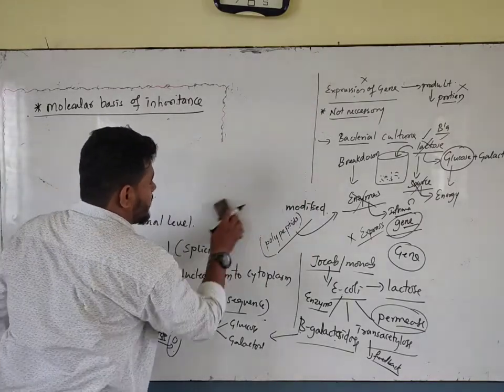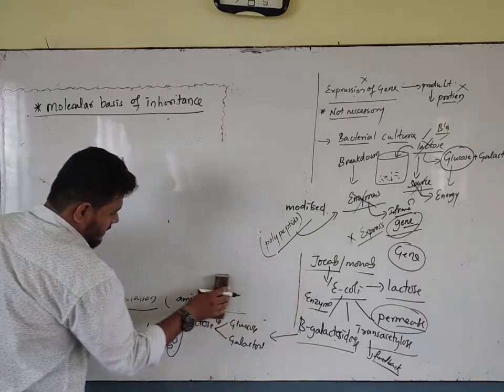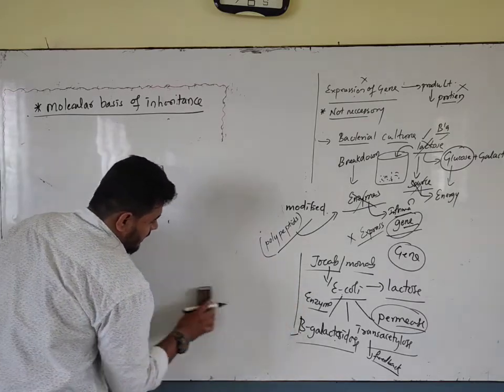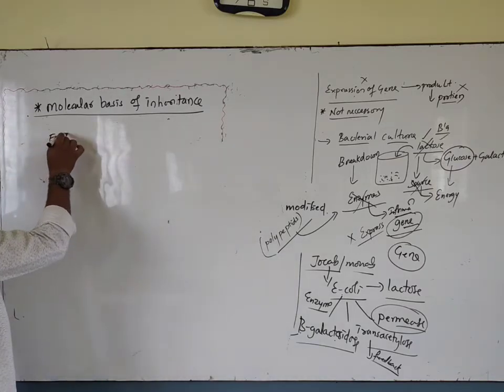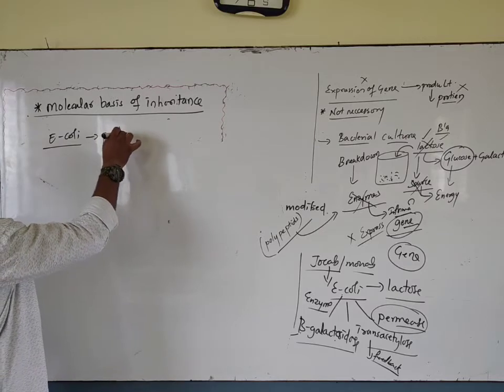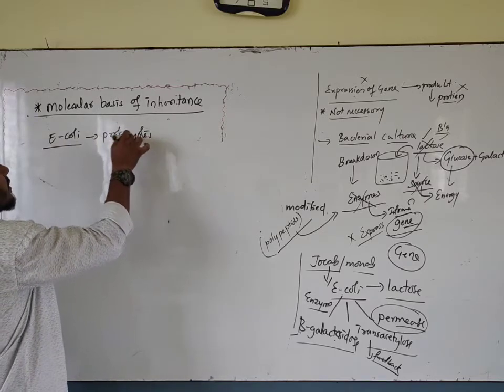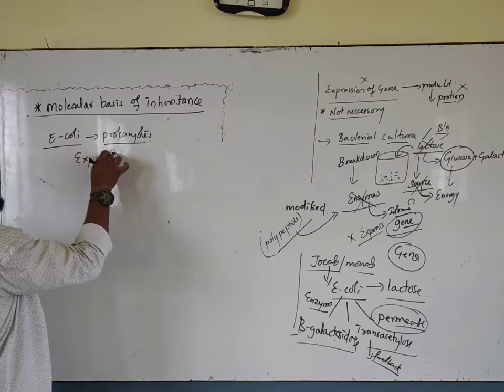Next, the eukaryote cell, this E. coli bacteria is a prokaryote. E. coli bacteria is a prokaryote. And remember, for expression of genes